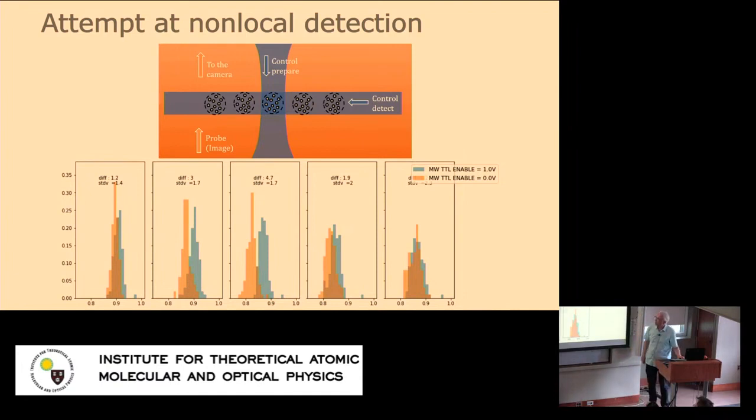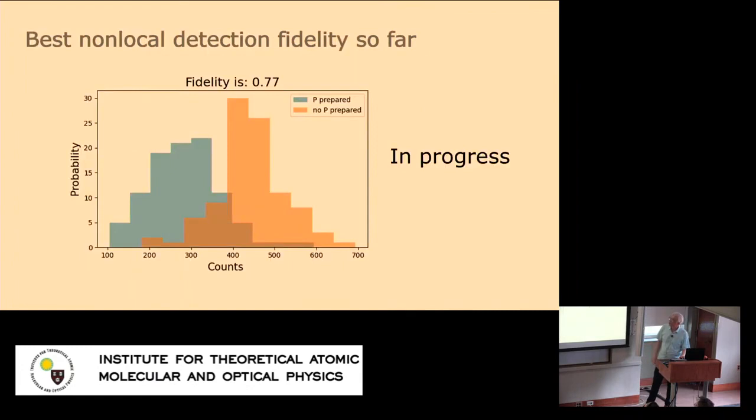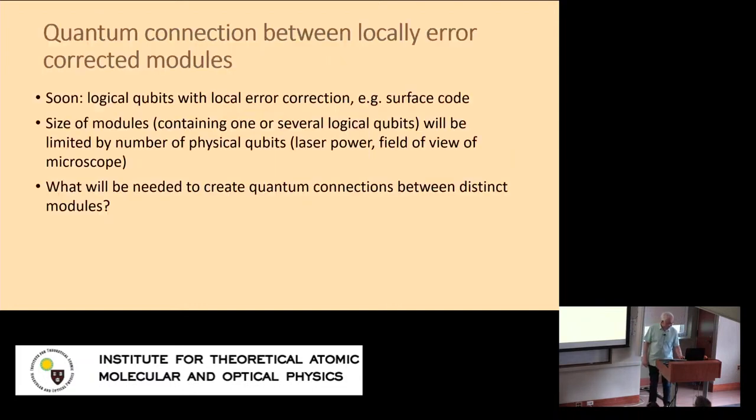So we are trying to understand things better, and of course, this is only really interesting if it can be pushed, I think, to the 99% level or so, but it is on the microsecond scale for rubidium, which may be interesting for many experiments, and it wouldn't be a very complicated thing to add to existing setups, just a few more traps in some region that are a little bit bigger. So this is the best non-local detection fidelity so far. This histogram is close to 80% fidelity, but this is work in progress. And we are trying to understand what limits us. We see, among other things, a much larger Rydberg state linewidth than we expect.